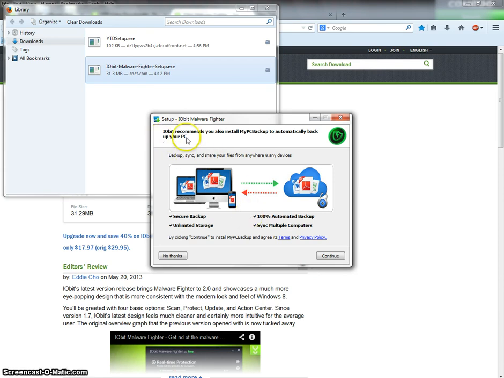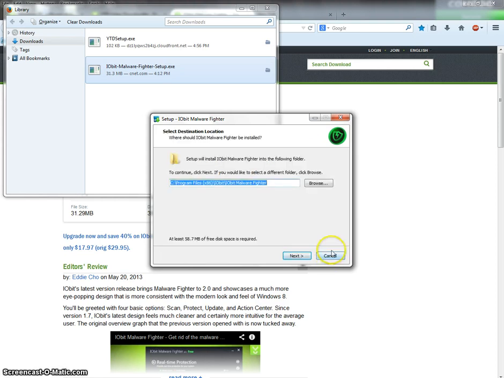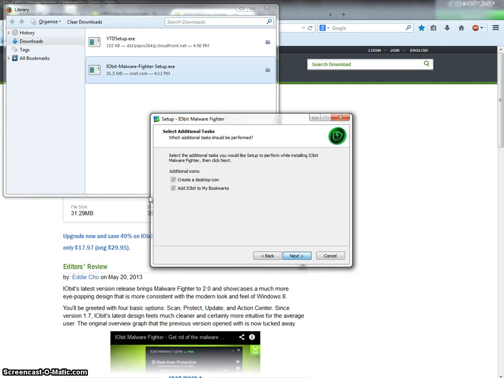So if we read through this, IOBit recommends you also install My PC Backup to automatically back up your PC. Now normally we would have an OK button here, that kind of thing. This has Continue. Really what we'd want to do is click No thanks here. So we would not install My PC Backup as part of IOBit Malware Fighter. But for this demonstration, we're going to click Continue,